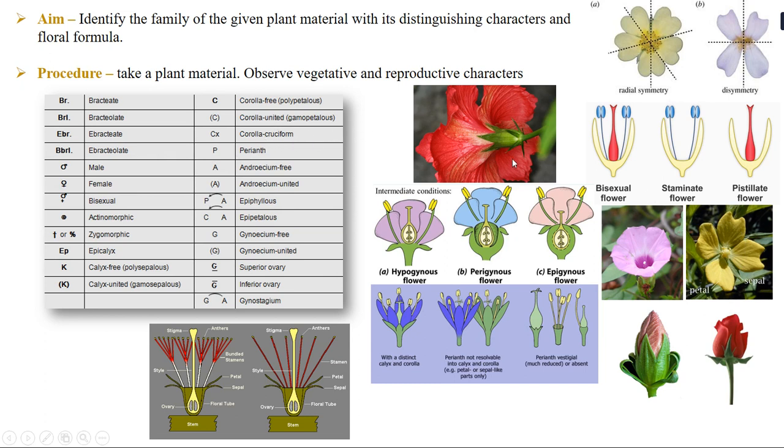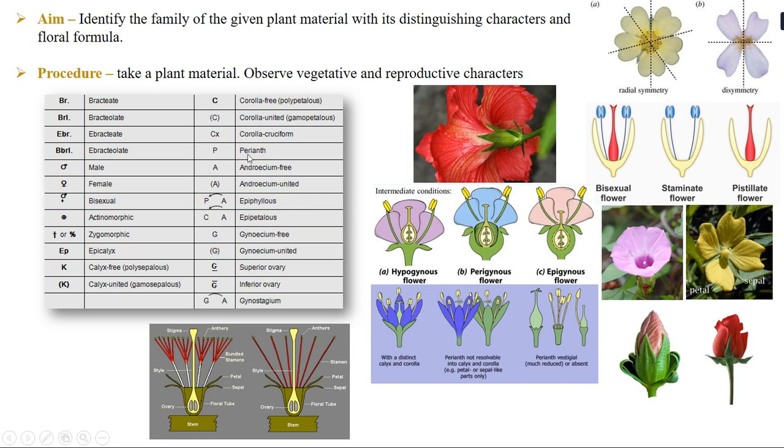Cruciform corolla. Now over here there are 4 petals, 4 corollas, and all the 4 are arranged in a manner that it shows an X shape. That means it is a crisscross shape opposite to each other. Such type of corolla are called the cruciform corolla. And the alphabet that is denoted for this is CX, where C will be capital and X is going to be small.